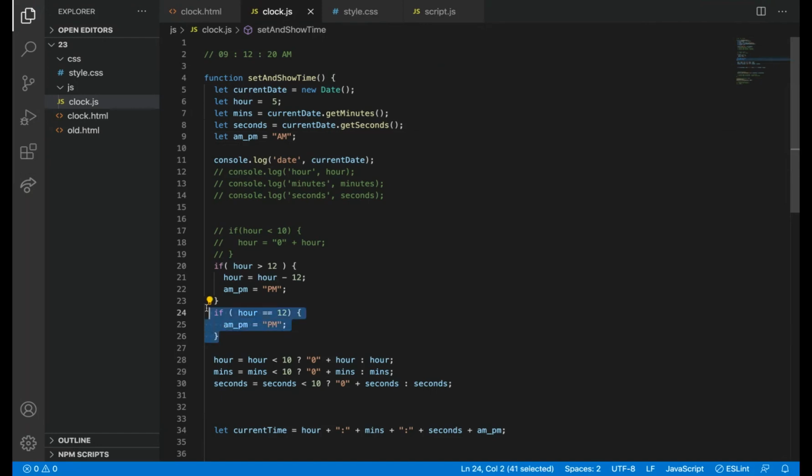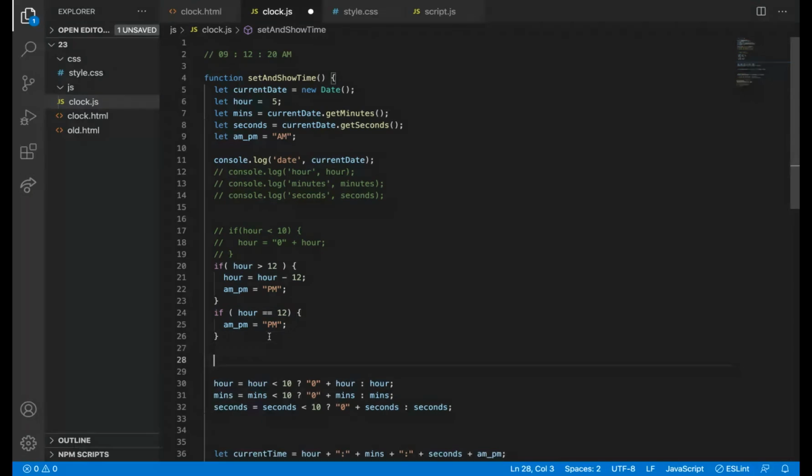I can change this to a ternary operator, like this. AM/PM equals hour equal to 12. This is the condition. If this condition is satisfied, I can add PM, or else it can be AM. I can remove this also.